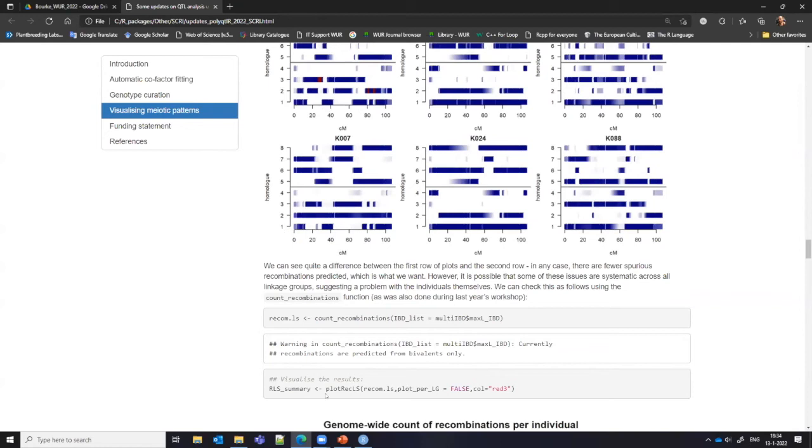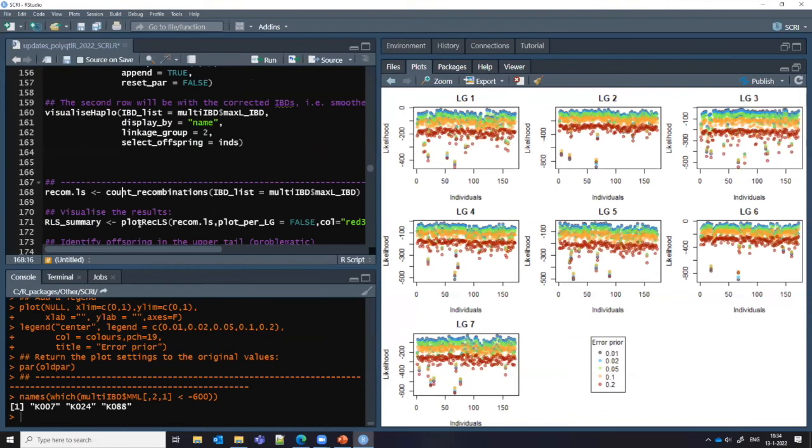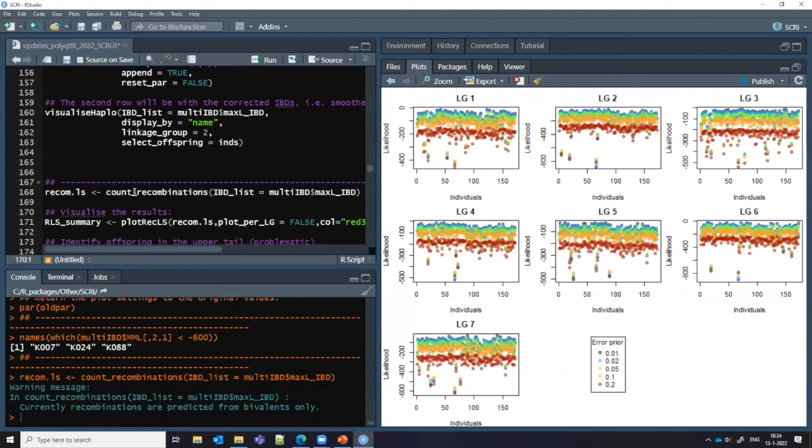So how do we see this systematics across the whole genome? Well, there's a function called count recombinations, pretty simple. And we'll apply this function to our IBD object. Again, here I'm pulling it out with the $ because it's a nested list, but you could of course assign this thing to something else called new IBDs, so that you don't always have to be typing the $ here. But what that means is I'm just pulling out this part of this list for those of you less familiar with R. So this function just counts the recombinations for individuals and also across markers, and you can do some